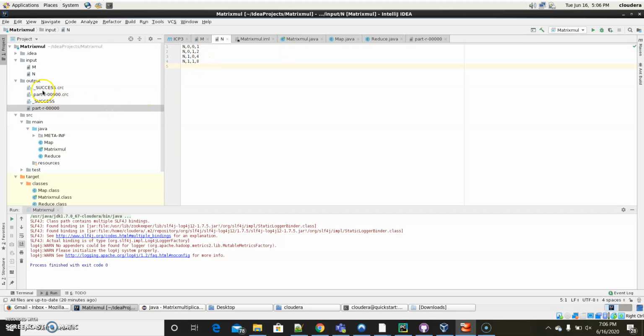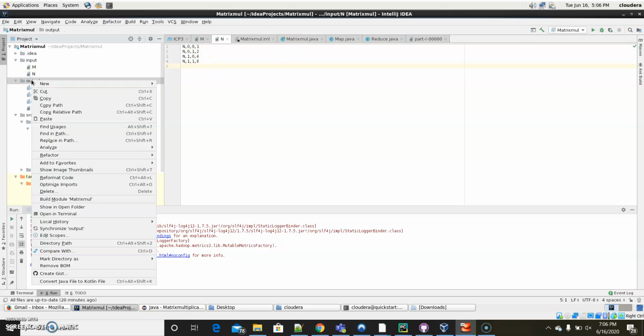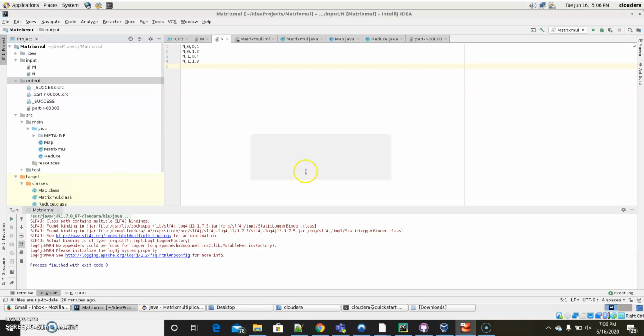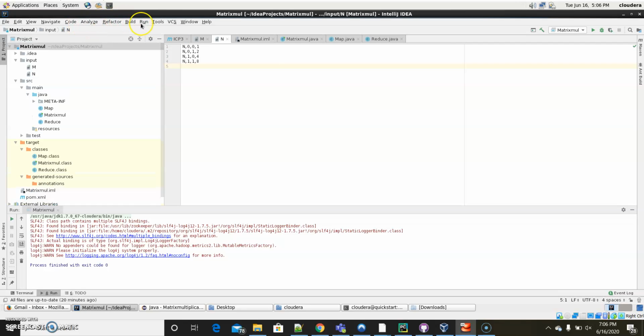Now let's see the output. First I'll run this. I will delete this. Run matrix. After the program runs, we can see that the output file is created, and we can see the multiplication output in that output file.